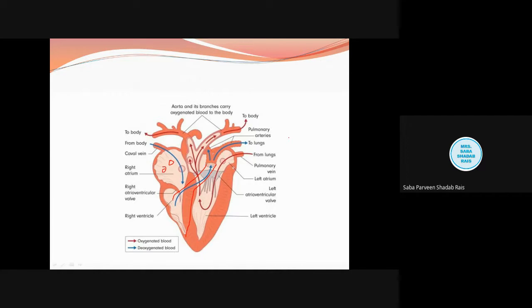Now, when we talk about the right side is over, now we'll talk about the left side. When we talk about the left auricle, it is the receiving chamber. It is small and it receives four pulmonary veins, two veins from each side of the lung. So these veins are important. Now, what will the pulmonary veins bring? They will bring the oxygenated blood from the lungs.